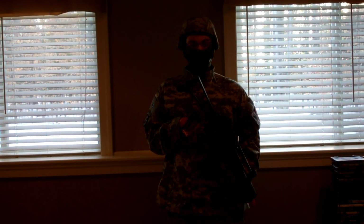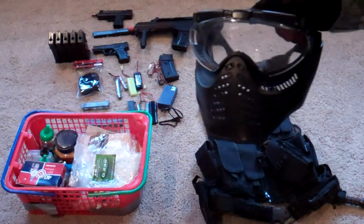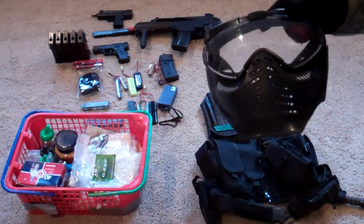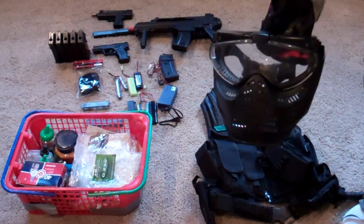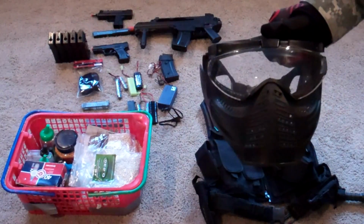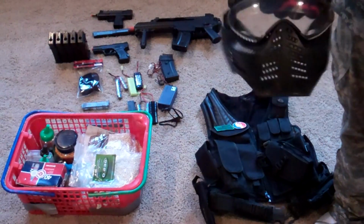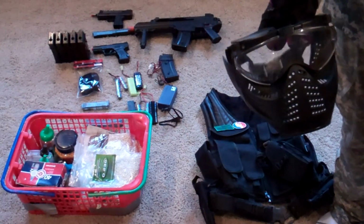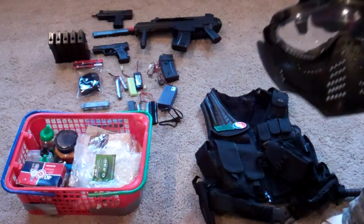When you're starting off in Airsoft, one of the things you're going to want to get is a mask. A mask covers your eyes, obviously, as do goggles. The mask will also protect part of your face, if not all of it, depending on the mask you get. I do wear a mask, I don't wear just goggles, and I'm fine with a mask,